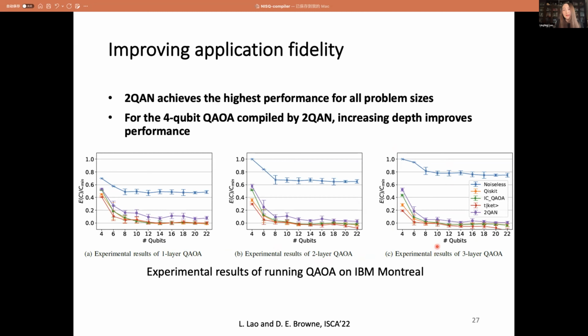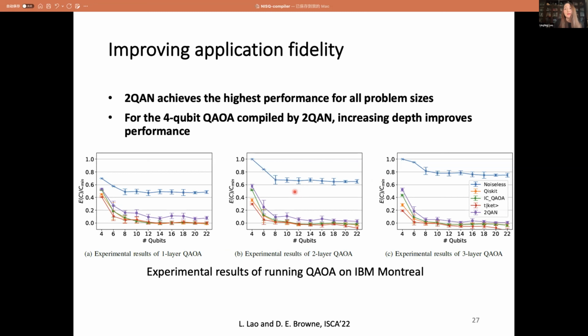As we know, theoretically, as you can see from the blue lines, if we increase the number of layers, the performance also is improved for the QAOA application. But in reality, if we increase the number of layers, that means we will increase the circuit depth and introduce more errors in our circuits, and the performance could be compromised.